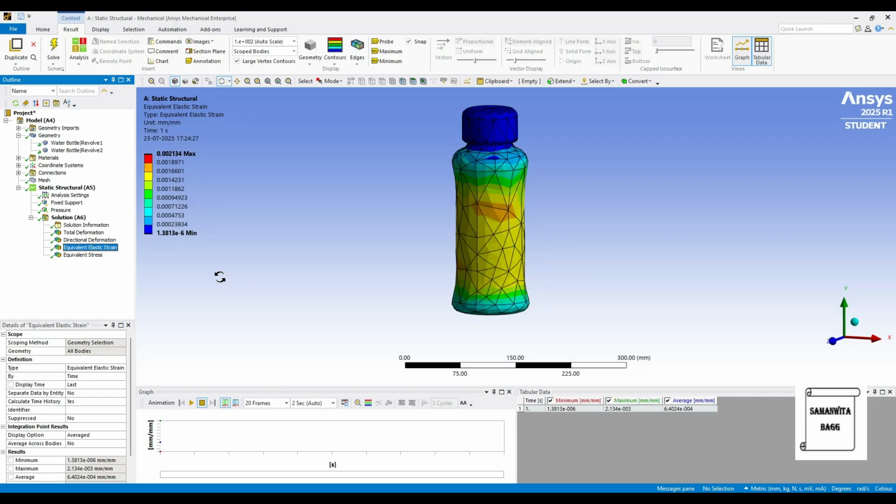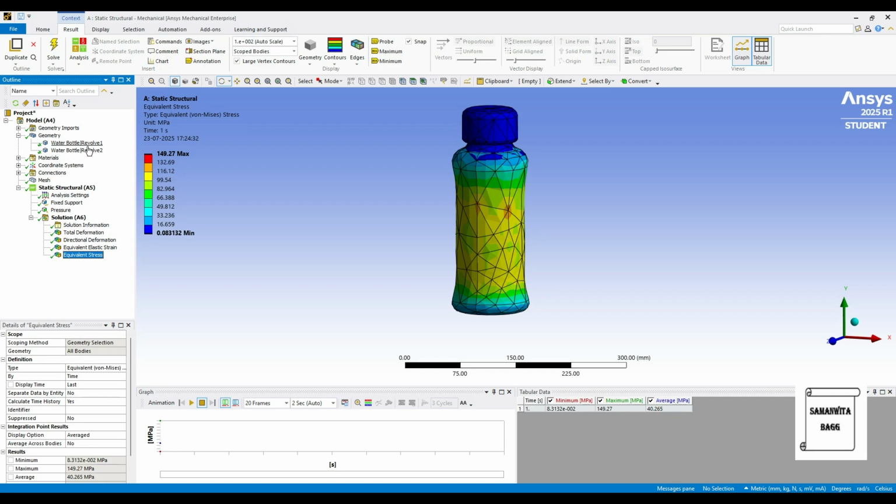Then we'll go for strain. It is 0.0021 and stress is 149.27 megapascal. You can see the stress is the same for all three materials, but the value of deformation is going to vary because the resistance of the material to the load applied is nothing but stress. So stress is because of the load applied, but the deformation or strain over here is also depending on the material, whether it is tough or it is softer.